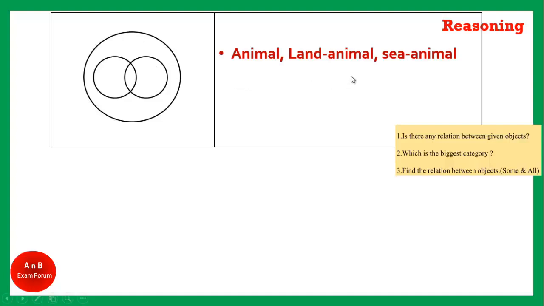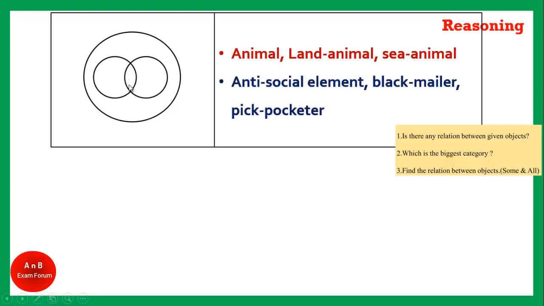So is there any relationship between land animal and sea animal? Yes. Land animal can be a simple animal, sea animal can also be a simple animal, okay, but there is a relationship between land animal and sea animal. There is an exception which we are talking about. What is that exception? Yes, tortoise is there. Amphibians category is this one. So these are land animals, these are sea animals, and these are both land and sea, which we call amphibians. This is very interesting. You can have a look by yourself.